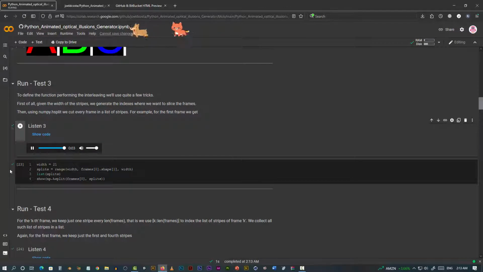To define the function performing the interleaving, we'll use quite a few tricks. First of all, given the width of the stripes, we generate the indexes where we want to slice the frames. Then, using numpy.hsplit, we cut every frame in a list of stripes. For example, for the first frame we get